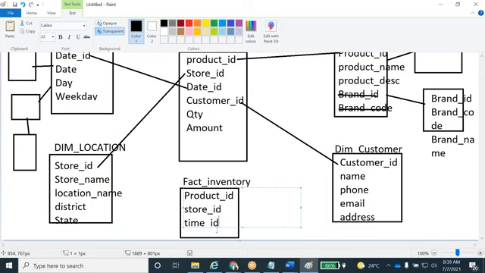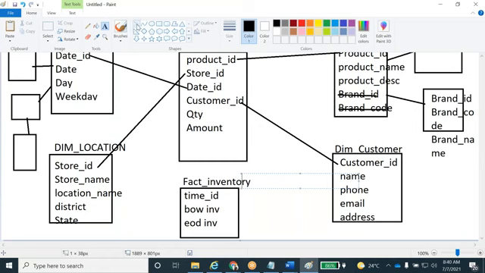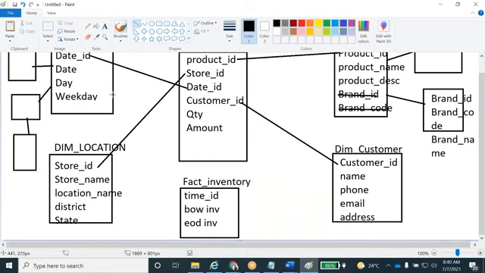And beginning of the inventory, end of the inventory, like that it will be there. So for this one they're going to give the joins: date ID to date ID, location to location, product to product.